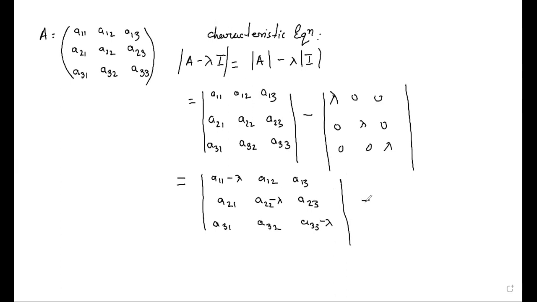This determinant equated to 0 gives us the characteristic equation. This is our characteristic equation. Understood? So we can obtain this equation, the determinant of A minus lambda I equals 0. So the characteristic equation becomes the determinant of A minus lambda I equated to 0, where A is given to you and I is known to you. So we can put in the values over here. We will get a third degree equation containing lambda, and all the values of lambda are our eigenvalues.